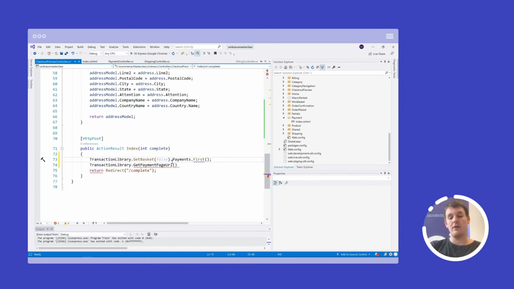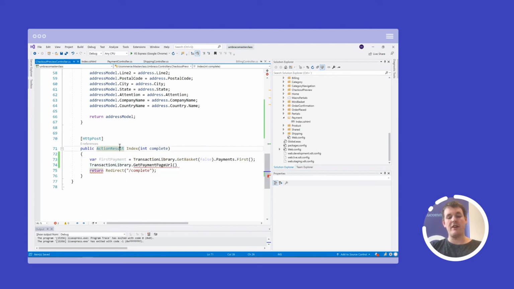Otherwise, you can also check the payments that you get back, what the status of the payment is. So if you're paying with something like a gift card, a payment would be considered authorized or acquired immediately, and a payment that still needs to be fulfilled would be new or pending order status or something like that. But here we don't need to qualify it further, as we just have a single one.